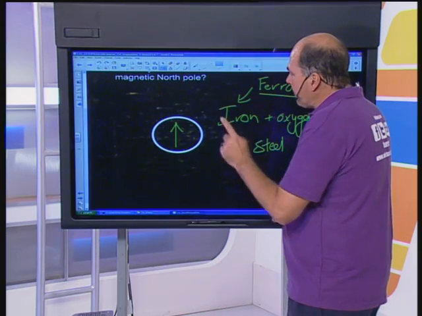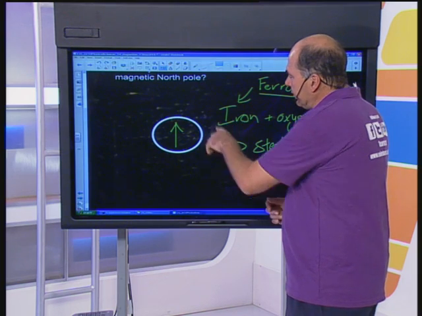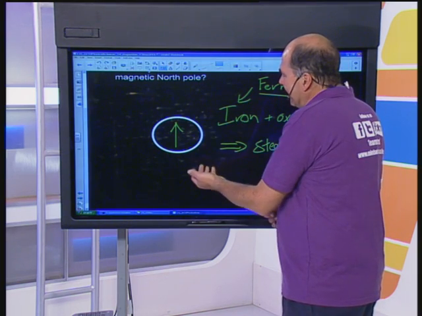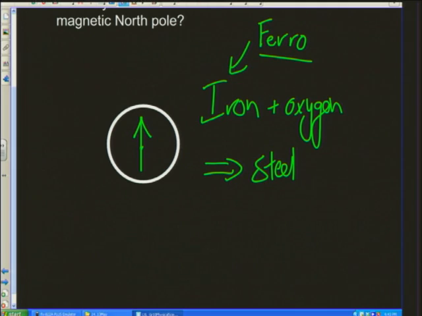Okay, so this little piece of iron that's floating on a needle is able to move freely. It spins around, and in fact it's a really nice thing for you to go and do, and I'm sure you might have done it before, is you can make your own magnet.